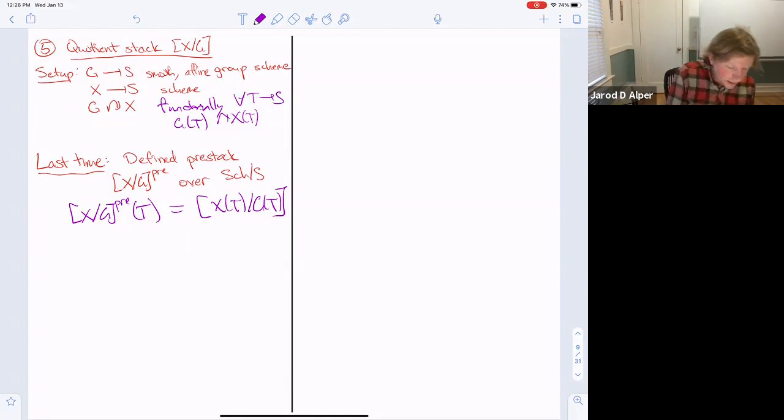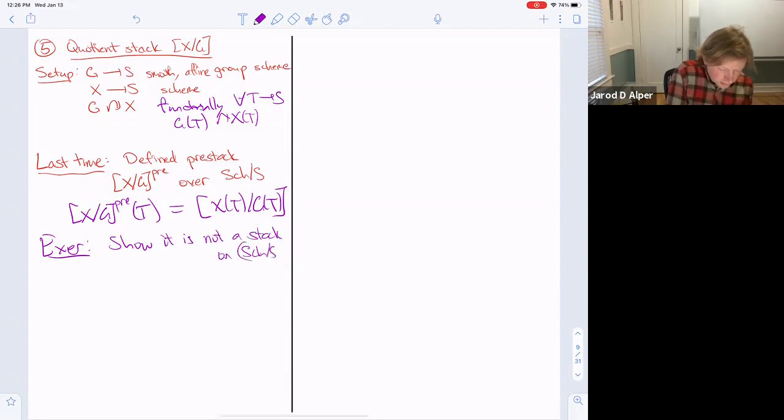And maybe as an exercise, show it is not a stack on the big tau topology of S. And maybe one way to think about this, let me give you a way to think about this,